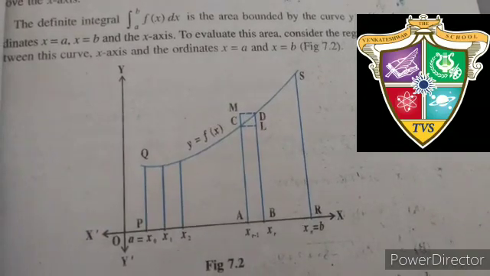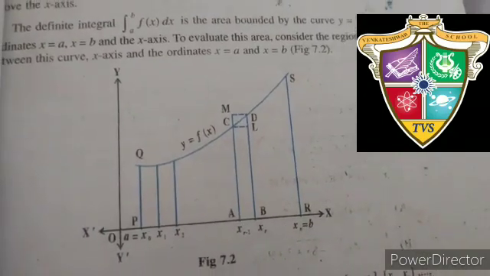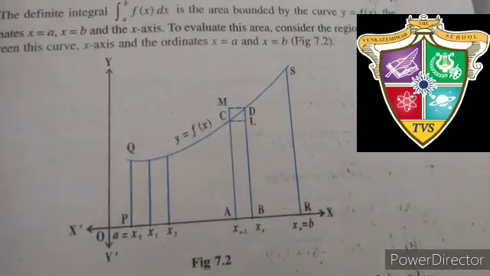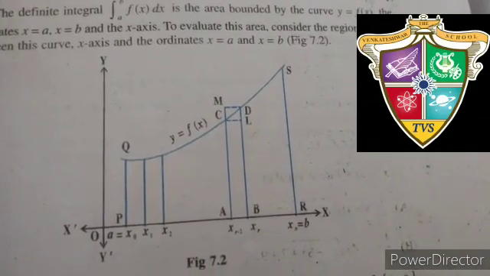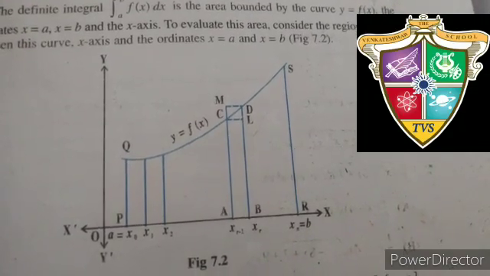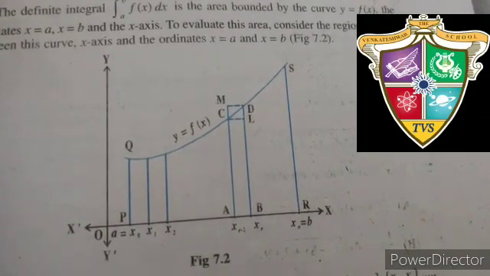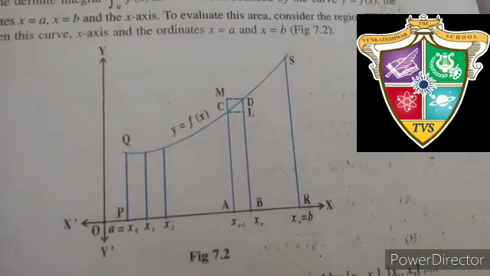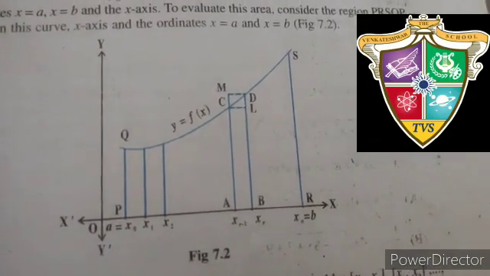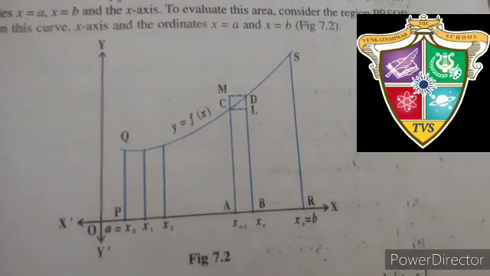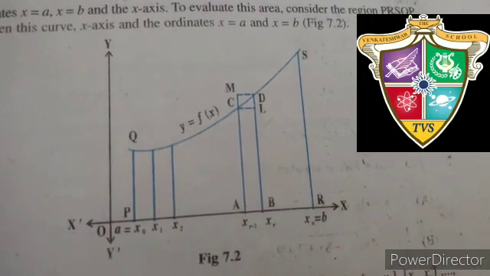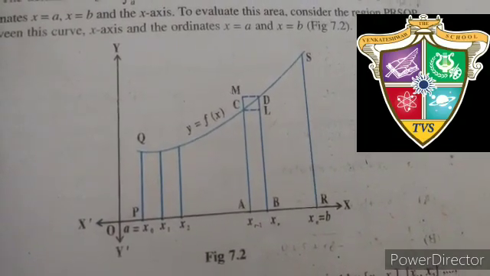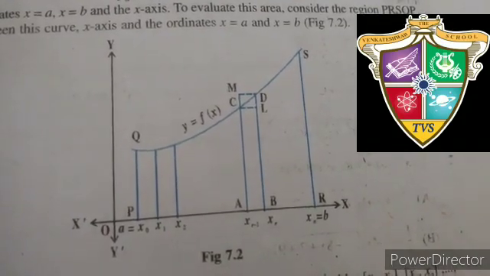Okay, now supposing this starting limit, that is lower limit a, as x0 and then upper limit b as xn, and in between we are dividing it into equal parts as x1, x2, x3, x4 and so on till we reach xn. Now this n we are telling limit n tends to infinity. Now this difference, let us call it h.